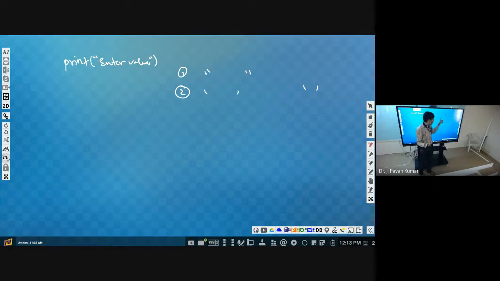Please use double quotes only. Got it? Next, the third one is the triple quote. Triple quote, in the sense that we use it 3 times, 3 times single quotes, that is a triple quote. This also is considered a string only. These are the 3 different ways that are allowed in Python.